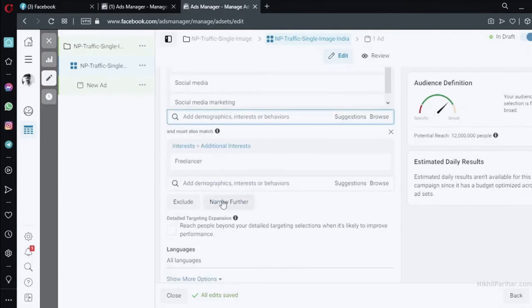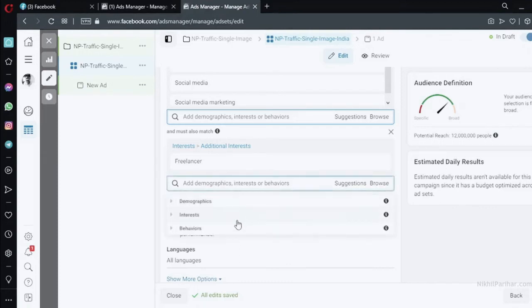You can also narrow it even further, depending on who you're targeting here. So let's say you are selling a course. The course price is, what, 50,000 rupees or 1 lakh rupees. So that's a premium level course, probably. And you are not going to target just anybody, and anyone cannot buy that course. Only the people who have money are going to buy that course. So probably I'll put one more filter here.